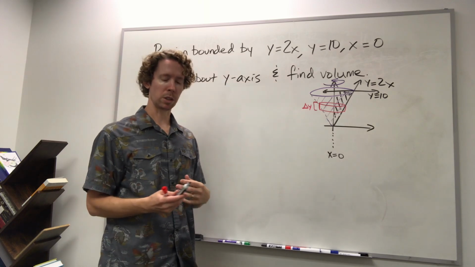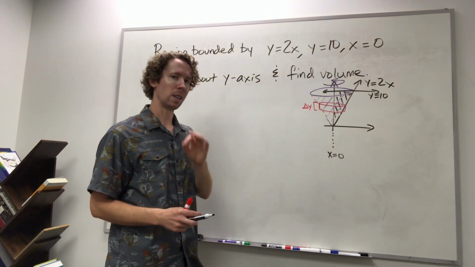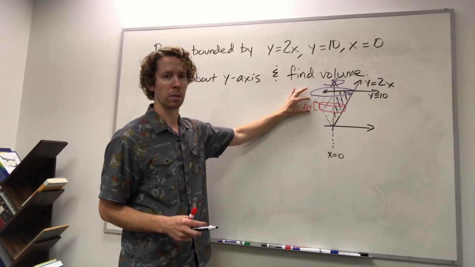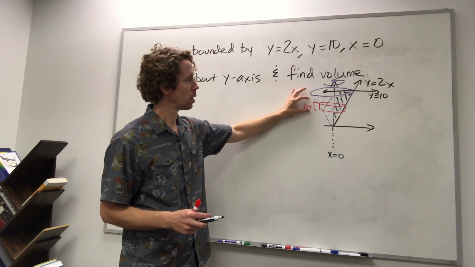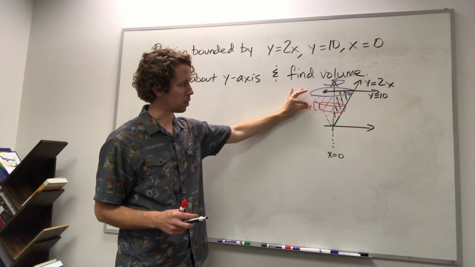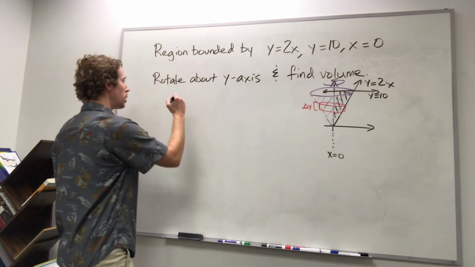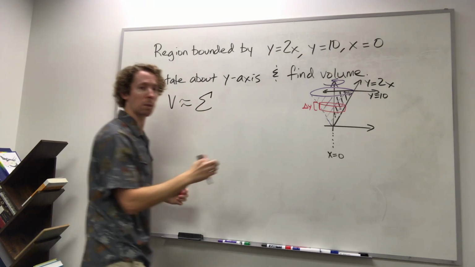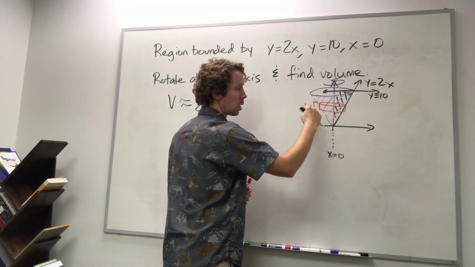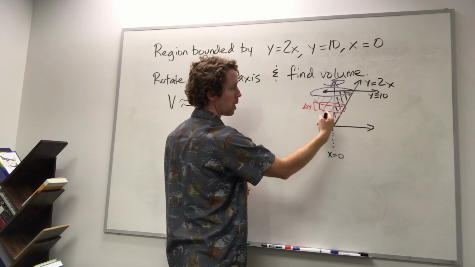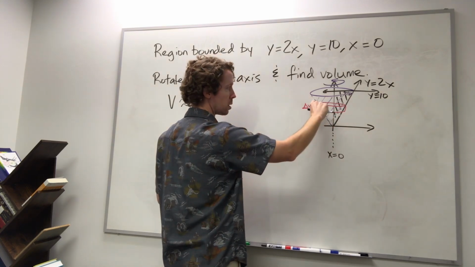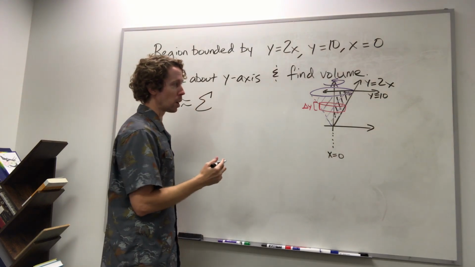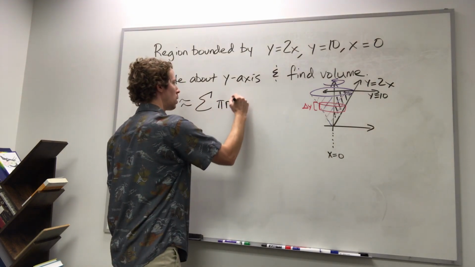That gives me an approximation of the volume. If I want the exact volume, I take the limit of that sum of volumes as this delta y is shrinking down to 0. So before I take the limit, the approximation of the volume is just adding up the volumes of all these disks. And the volume of a disk is the area of the base, so the area of the circle, times the height delta y. So it's pi r squared times delta y,